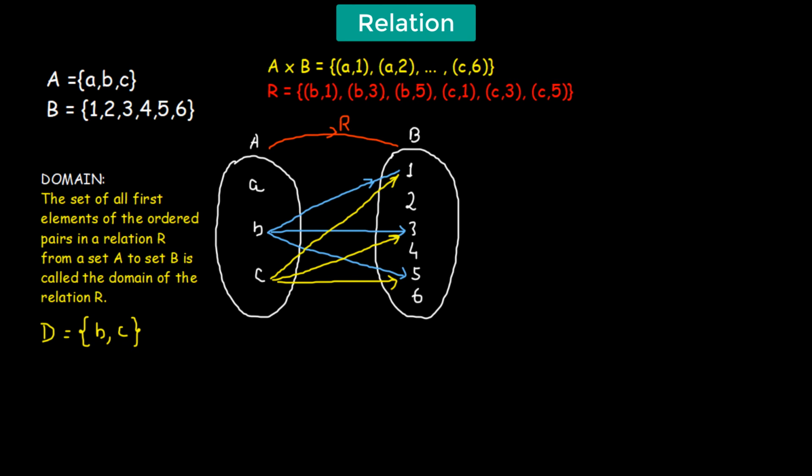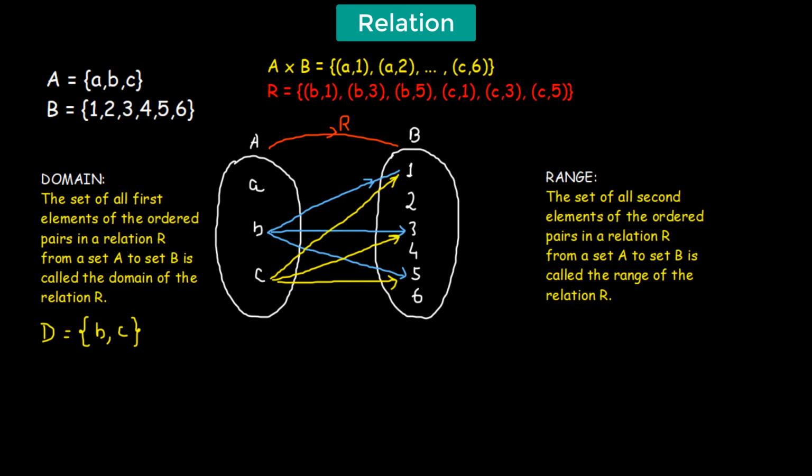So let us define a range. The set of all second elements of the ordered pairs in the relation R going from set A to set B will be called the range of the relation R. So here we have the second elements 1, 3 and 5. So this will be the range of the given relation. Let's not confuse this range with the relation R. So let me rewrite it as range is equal to the second elements, which will be 1, 3